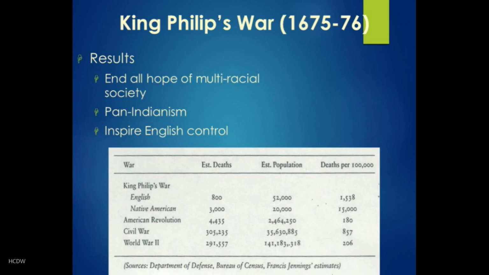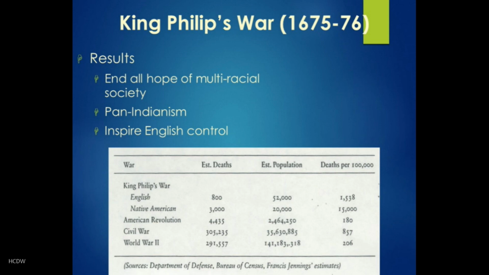And finally, and I think for our purposes the most important in the longer term, is that this war, along with some of the other things that are happening in the colonies at the same time, inspired the belief in England that the colonies cannot take care of themselves. I described earlier in our lectures that most of the colonial charters included some sort of clause that if things got out of control, the Crown could seize control of the colonies and restore order. And in fact, the Massachusetts Bay Charter was revoked in 1684 in the aftermath of this war.